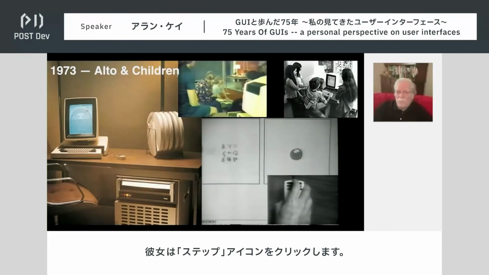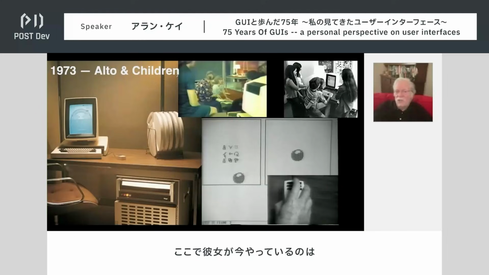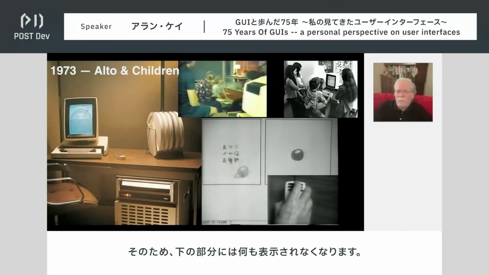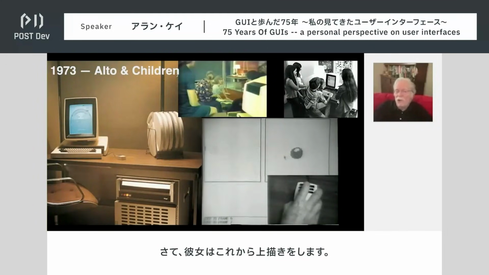So she goes to the step icon. What she's doing here is exchanging that picture of the ball down there for a fresh, transparent cell. So you see there's nothing there at the bottom. Now she's going to overdraw.